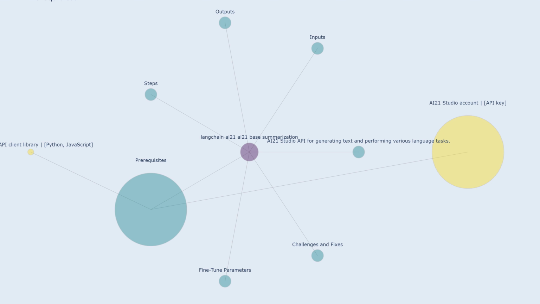Prerequisites. An AI21 Studio account is necessary to access and utilize the API. This account grants you access to the platform's resources, including the language models and tools. To authenticate with the API and make requests, an API key is required. This unique key serves as your identification and authorization to access the API and its